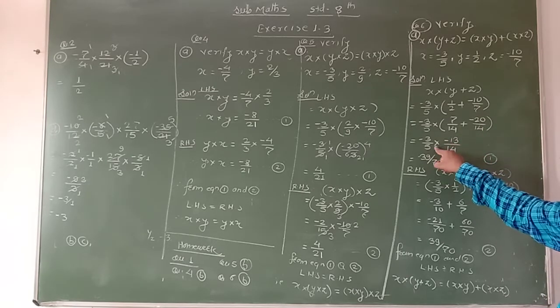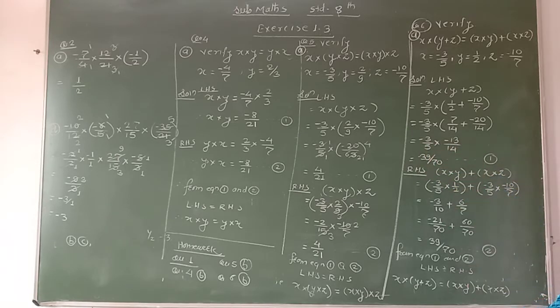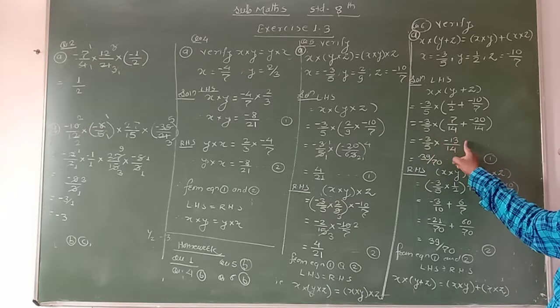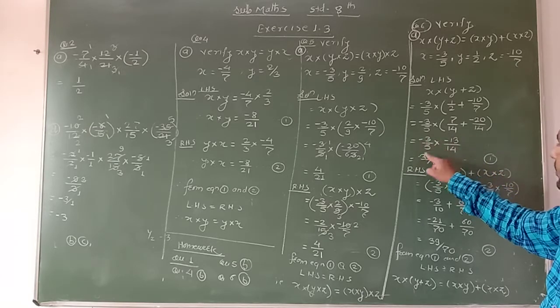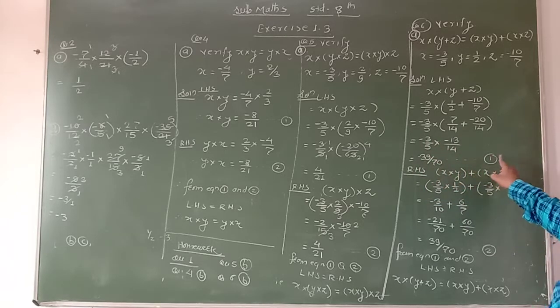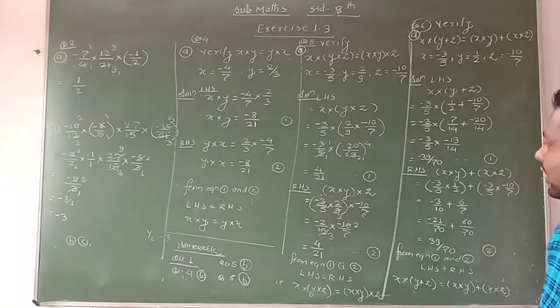Now there is multiplication of two rational numbers. Then here we find the common terms in the numerator and the denominator. But there is no common term. Directly we will do the multiplication. 3 13s are 39. Minus minus become plus. And here 14 5s are 70. Equation number 1. Similarly we find the right hand side of the equation.